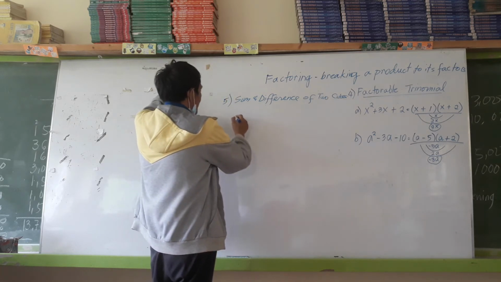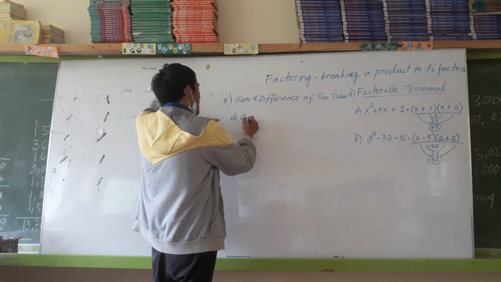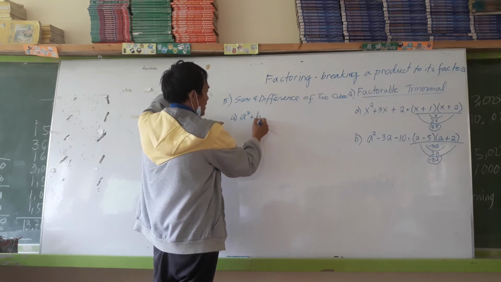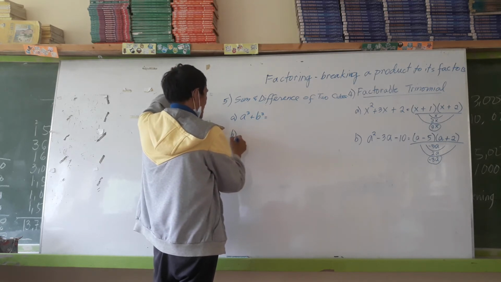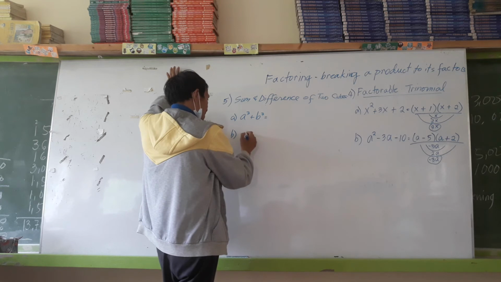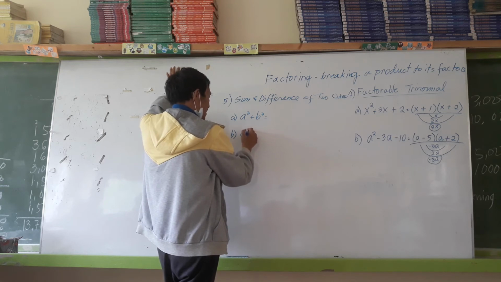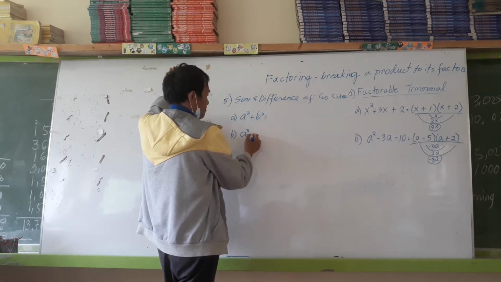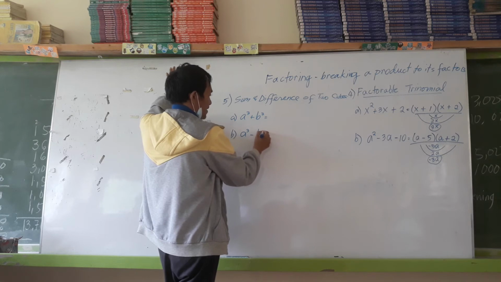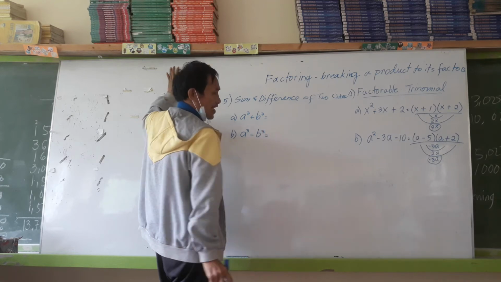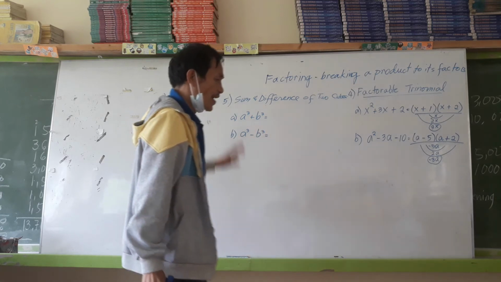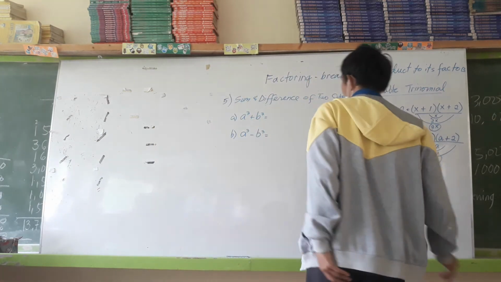Okay. So example here is a cubed plus b cubed. Let's have a second example right away, that is because sum and difference. a cubed minus b cubed. Okay. To factor this one, you have